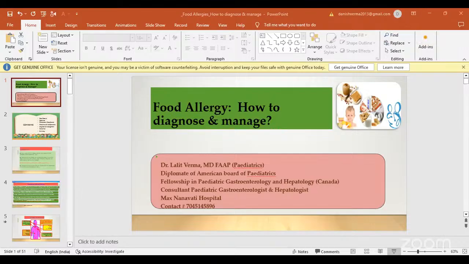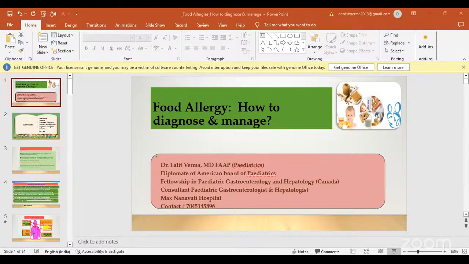Yeah, thank you. So, this is the US data. Every 3 minutes, a food allergy reaction sends someone to the emergency. So you can see from this, there are 2 lakh emergency visits every year. And nobody's going to just walk into the emergency without having urticaria or a severe reaction to it. Children with food allergies are 2 to 4 times more likely to have other related conditions such as asthma, atopic dermatitis, compared with children who do not have food allergies. So if somebody is having asthma and atopic dermatitis,